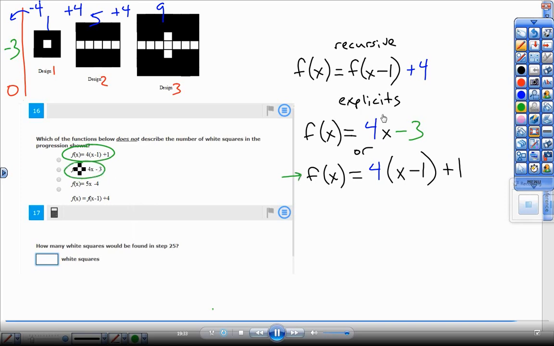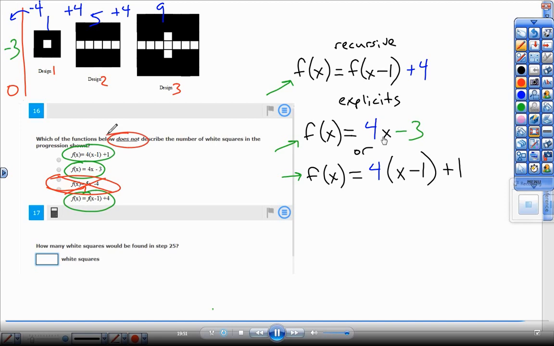This one has the correct 0 term. This one has a 5. This is the recursive. The only bad one is this one with a different number in front of x or a different recursive form number. That one is bad. To find the 25th term,